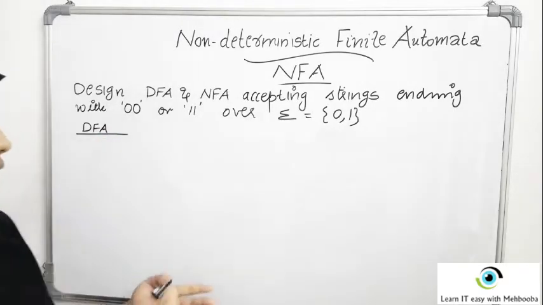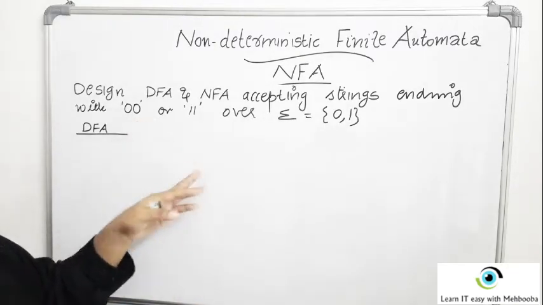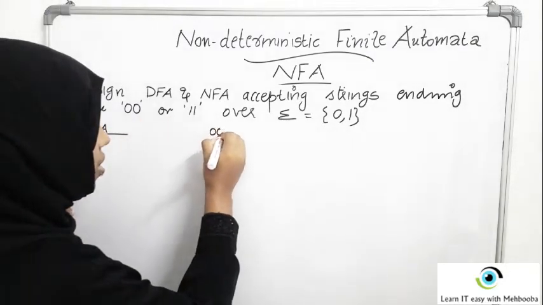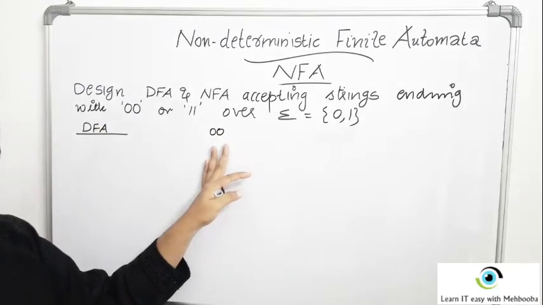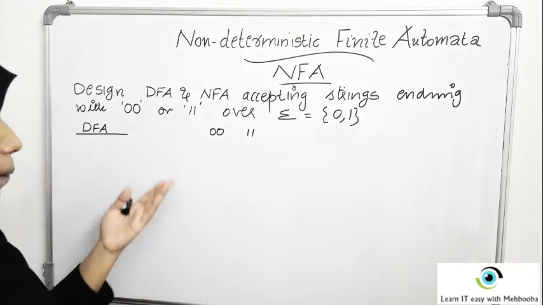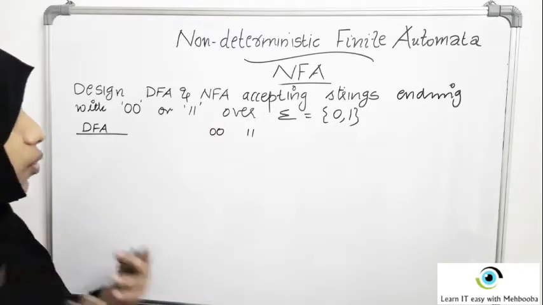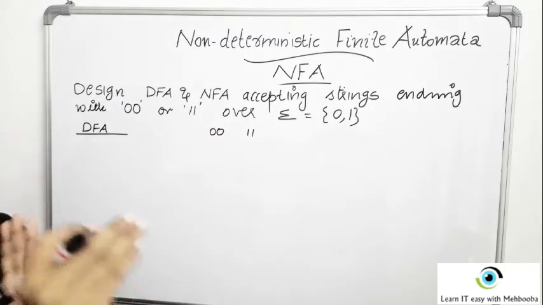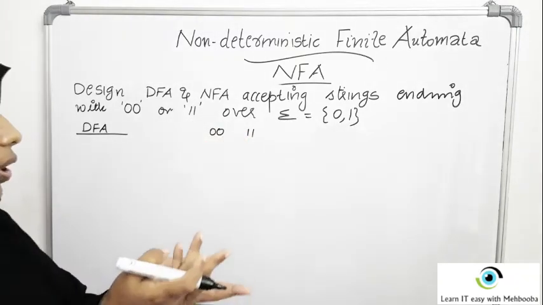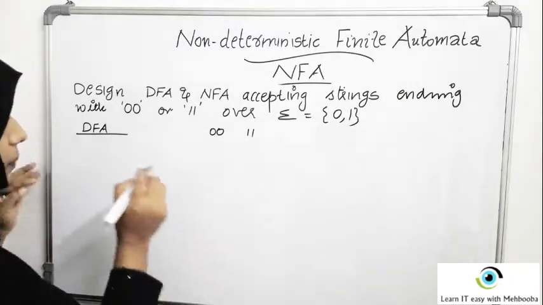As I have repeated many times in the previous videos, whenever you design a DFA or NFA, you should design it for the minimal string first. The minimal string that ends with 00 or 11 is 00 and 11 itself, isn't it? 00 is the minimal string that ends with 00 and 11 is the minimal string that ends with 11. Whenever it is OR, there should be two paths to the goal node, because this or this can happen.